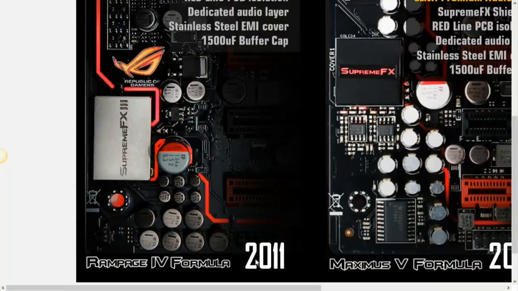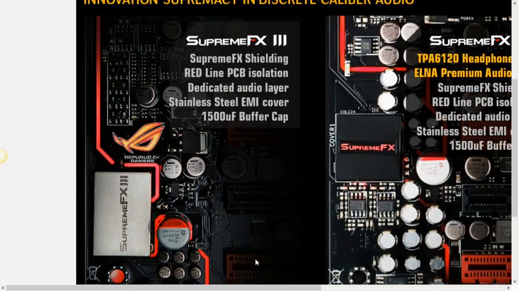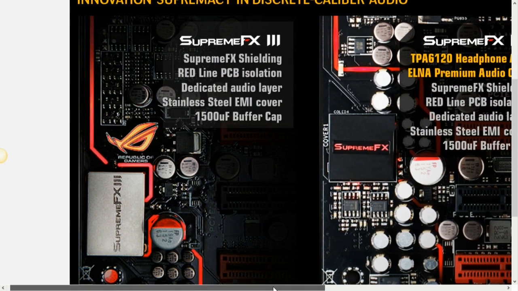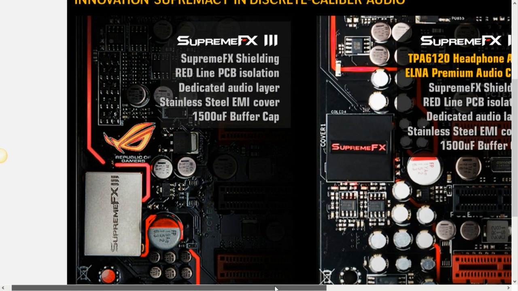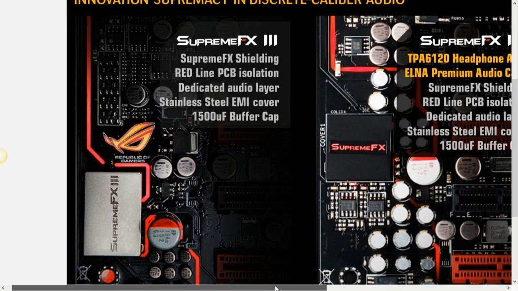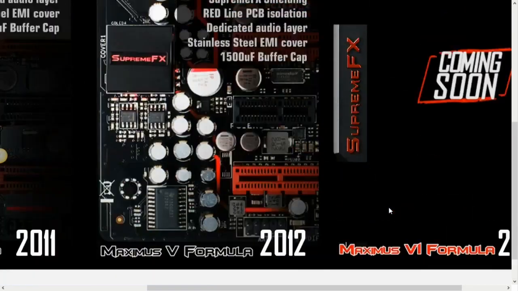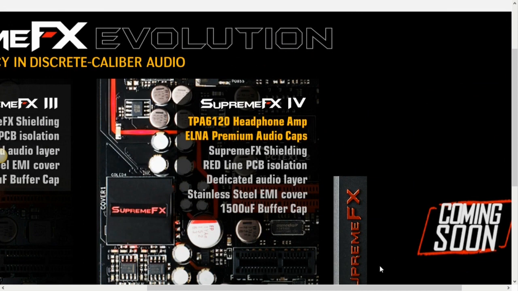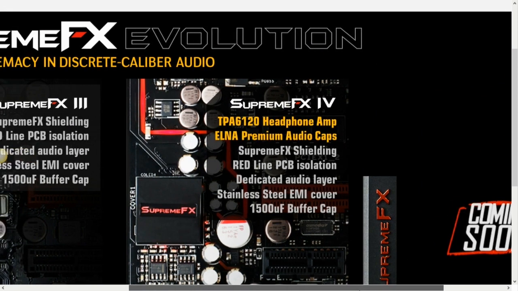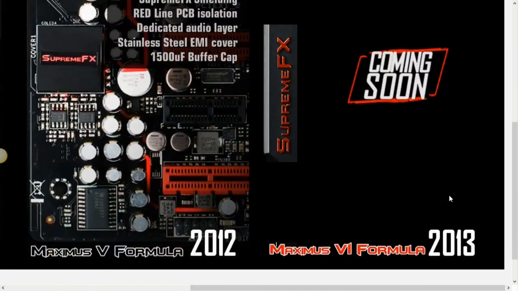So in 2011, the Rampage 4 Formula saw the Supreme FX3 shielding, red line PCB isolation, dedicated audio layer, stainless steel EMI cover, and 1500 microfarad buffer cap. Farad, like Faraday. Oh, okay, I got you. Microfarad. The next year, they added a TPA6120 headphone amp and the ELNA premium audio caps. And then this year,